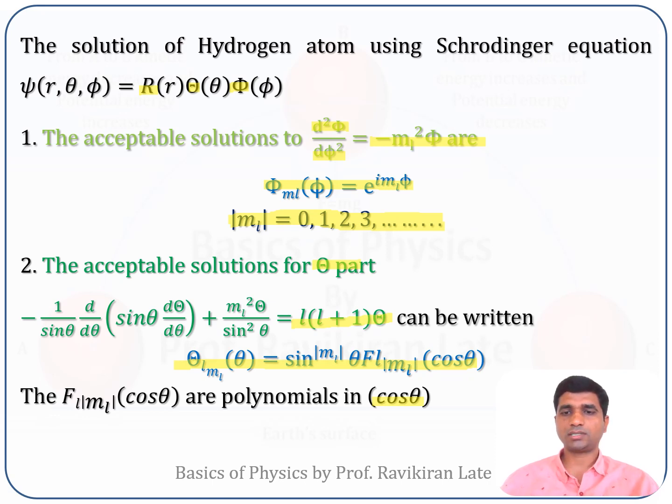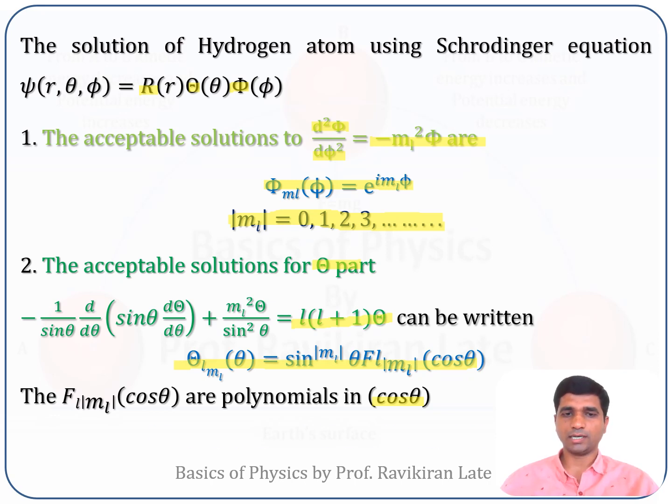This treatment is given in the appendix of our regular textbooks, Quantum Physics by Eisberg and Resnick. You can follow appendix M and N in order to get the exact solution in terms of this polynomial, but I recommend you, it is beyond the scope of our today's lecture, so we'll not be discussing that in this slide.